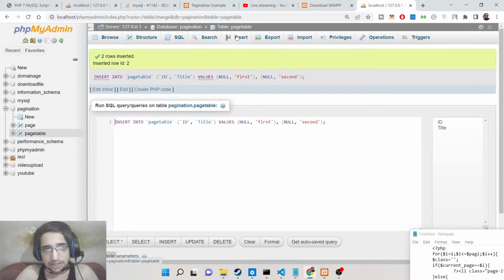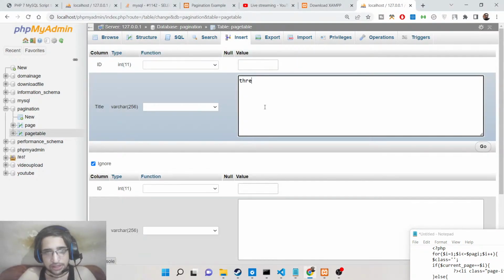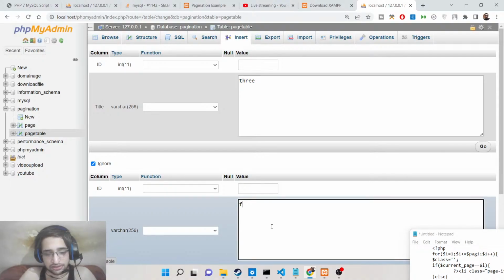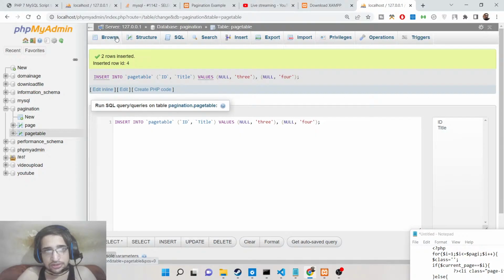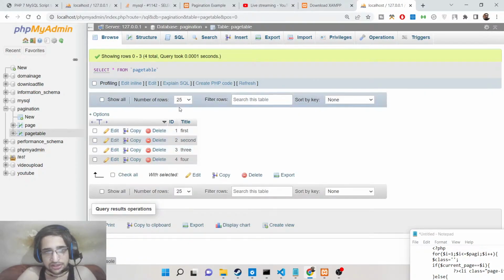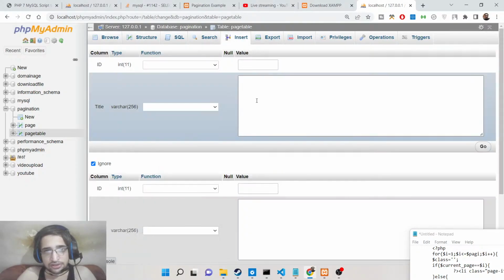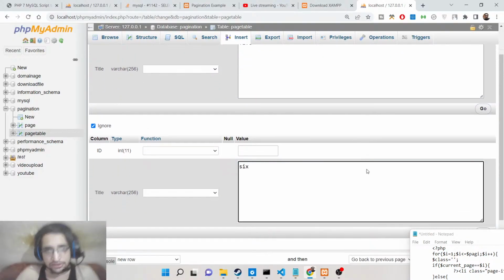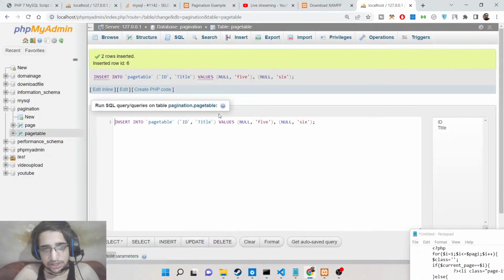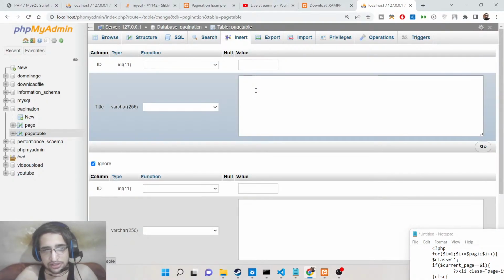So 2 entries are being inserted. In the similar manner, we can increase it to insert more entries like this. So if you now see, 4 entries are there. So we can insert some more entries here, 5, 6. So I'm just taking some test random data. So depending upon your application, you will insert some more data,